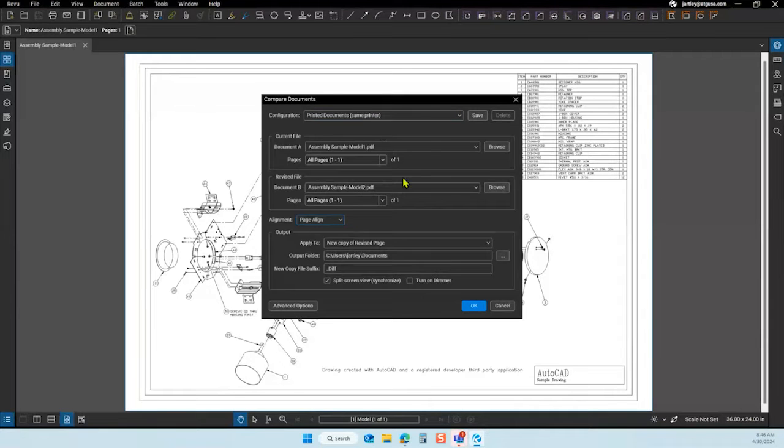So I'm going to compare these documents, right? It's going to tell me the differences, but it requires some sort of alignment. So the options we have are page align, manual align, and select window. These are the old ones. Here's the new one, auto align. So I'm going to say, hey, auto align these, and we'll see what's going to happen. So if I hit OK here,